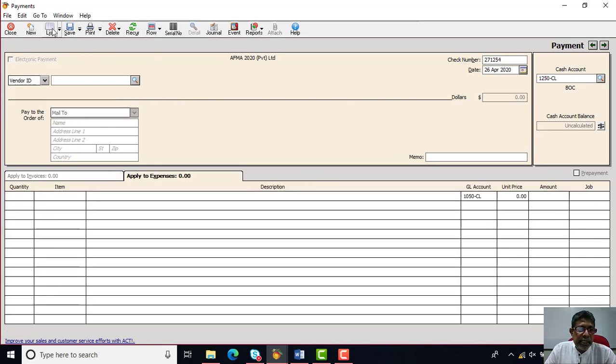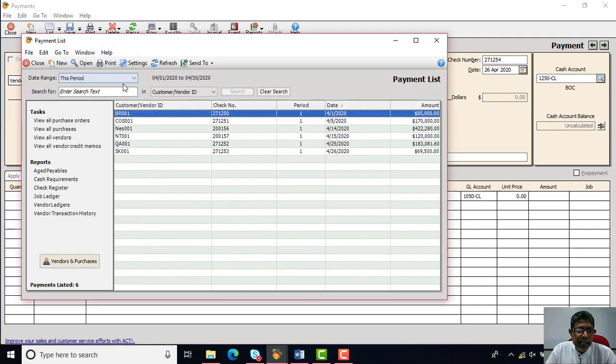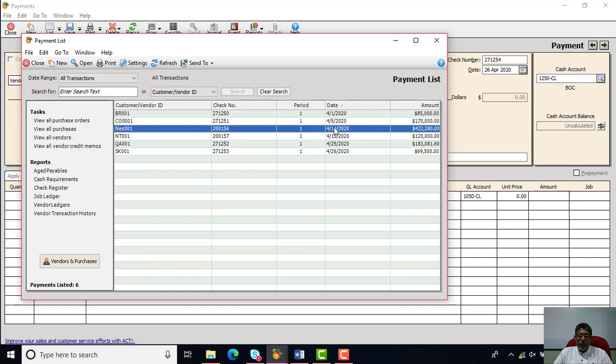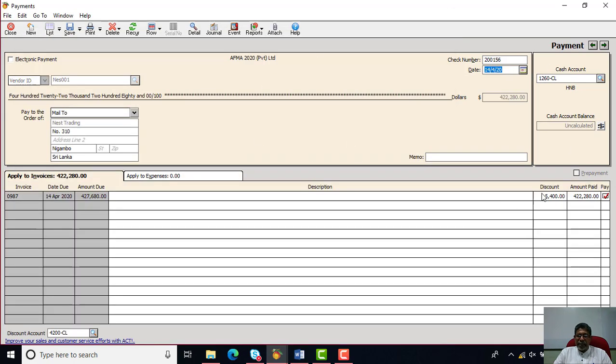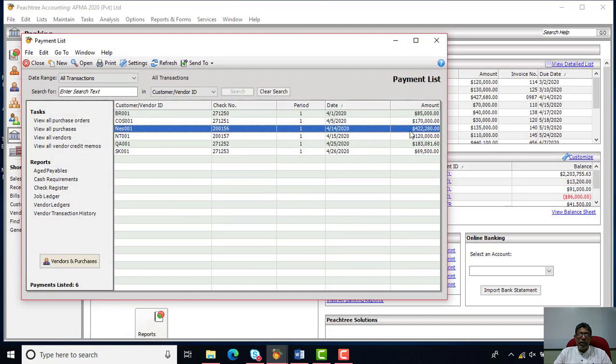Now if you go to the list command, under the list, we can click that and select all. We can see the transactions which we have completed, outstanding bill payments of the vendors. So there will be 6 outstanding bill payments. Please check whether you have entered correctly, and if the values are wrong, then you can access the appropriate invoice. For example, if this is wrong, double click and access, then make the changes again, and then click the save button to re-update that version, right? So if you have mistakes, you are still able to make the correction.